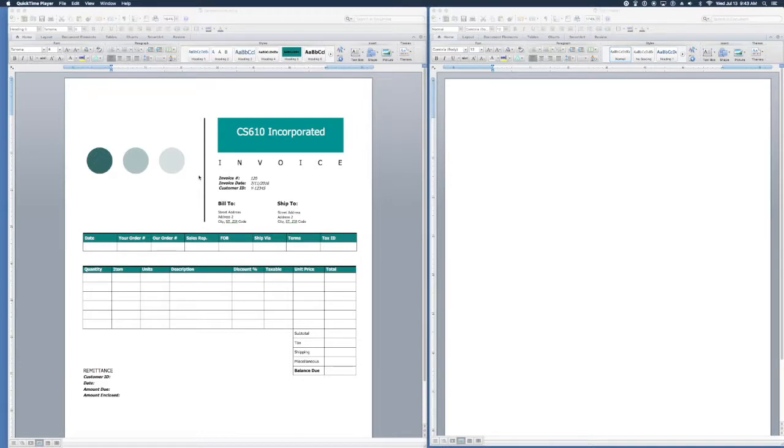So, as I promised, I'm going to walk through the invoice example that we worked on in class. This invoice was just a standard invoice that I created. I gave the company a name, CS610 Incorporated, but it could have been any invoice, really. So if I were to have to approach this,